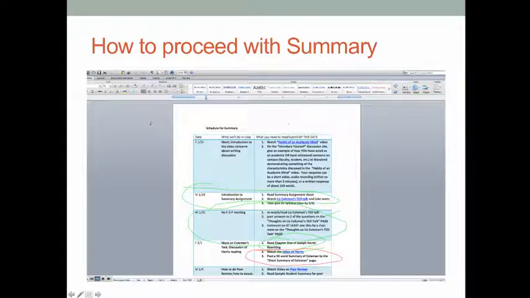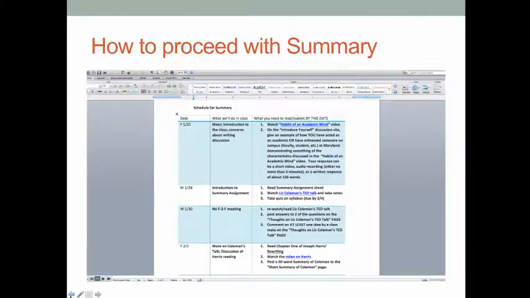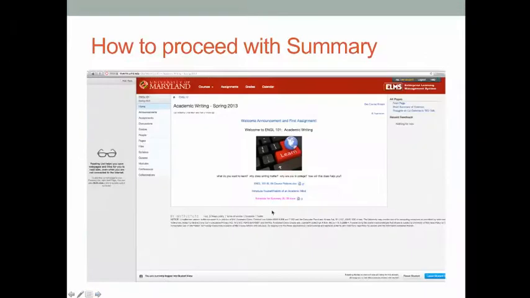Now, this summary schedule, I was trying to figure out where to put it. I was actually going to print it out and give you a hard copy of this and the assignment sheet in class today, but obviously since we didn't have class, I didn't do that. So I did something else, and what I did was link it right here on our home page. If you go back to the home page, this last thing here, schedule for the summary, will bring you to this document right here. And again, I'm sorry, I was going to make it clear by giving it to you in hard copy, but it's there as well. And I'm open to suggestions about where the best place to put that is.